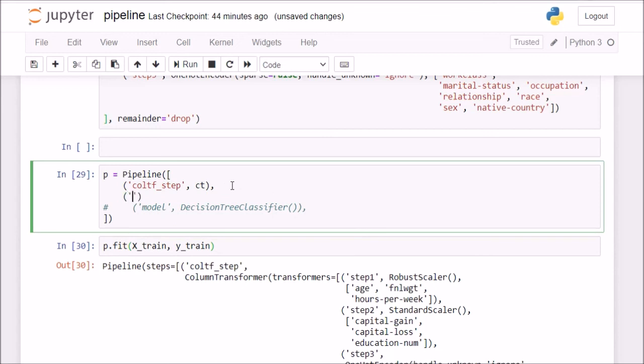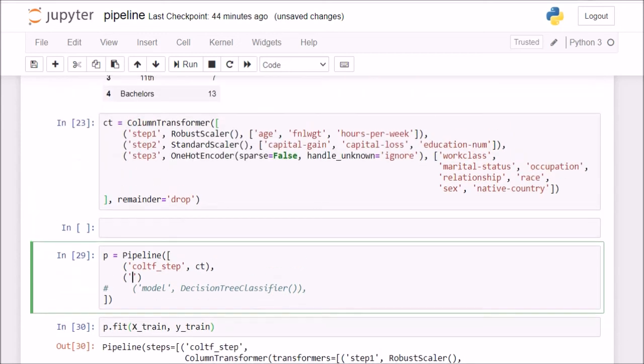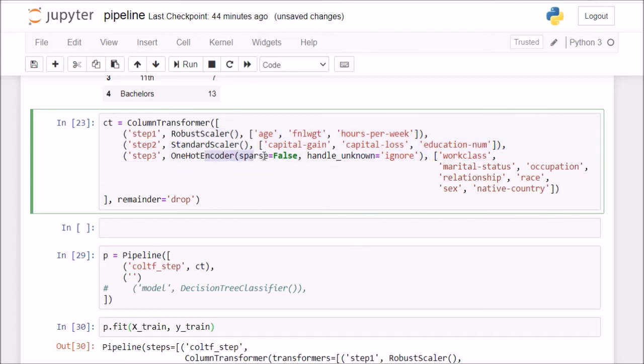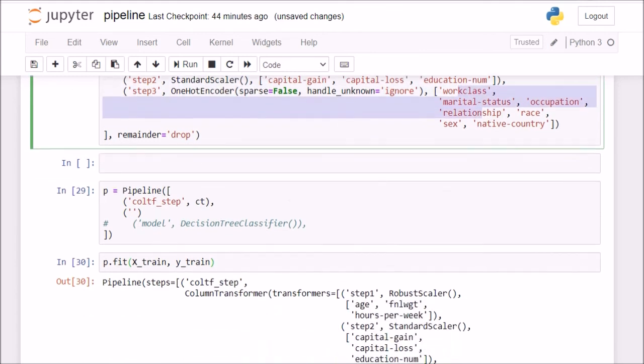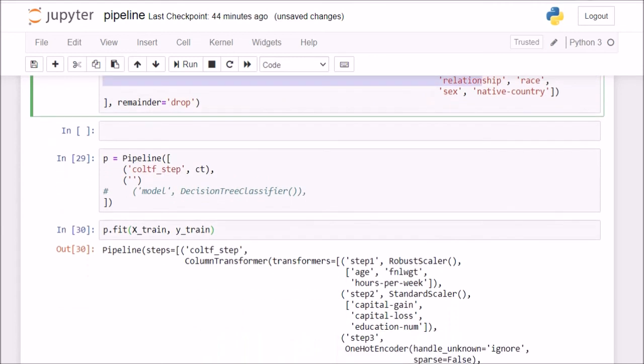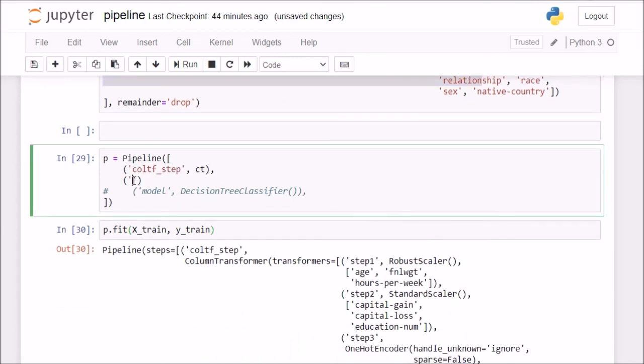and we can apply as many transformations as we want. For example, if I want to say here apply min max scaler on this entire data frame now, because after the CT step all my values are numerical values, right? Because for one hot encoder also all my values will be zeros and ones. So my entire data frame is now a numerical data frame. So I can say min max. So I can go berserk with all of these possibilities. So I can say apply min max scaler, and now this min max scaler will be applied onto the entire data frame.